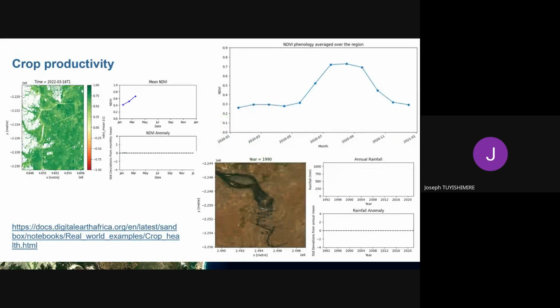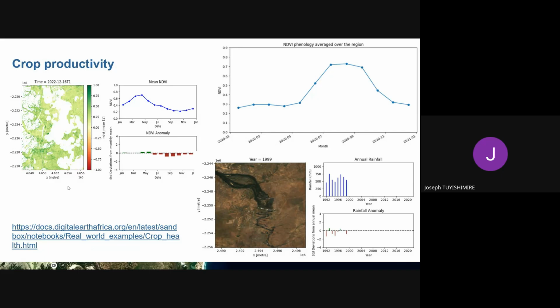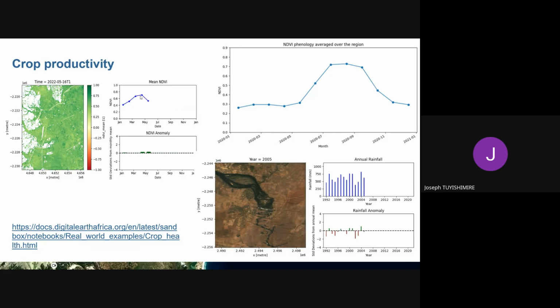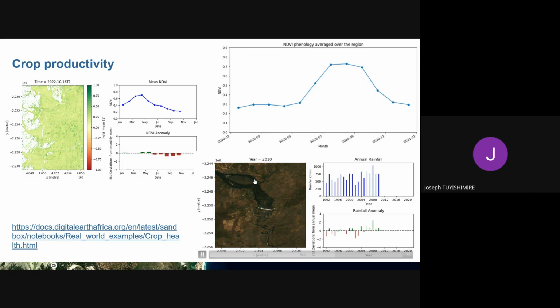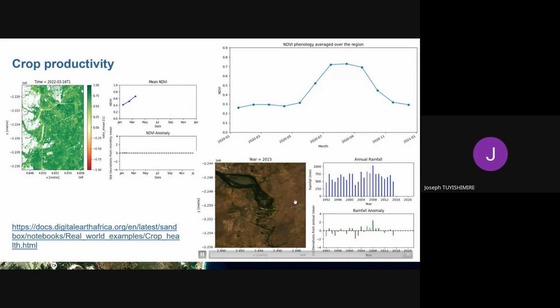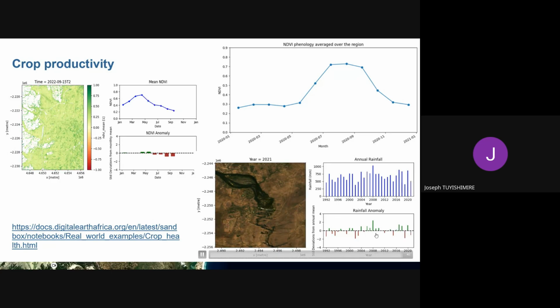And we can also combine the vegetation productivity anomalies with the rainfall anomalies, and of course better understand the phenology of our plants over time. And this is also very key when assessing the trend in plants.